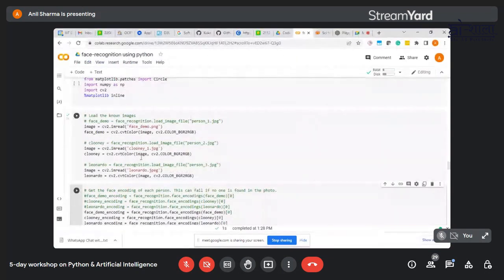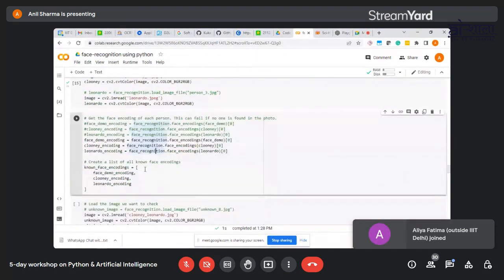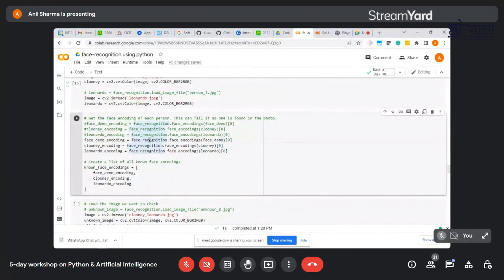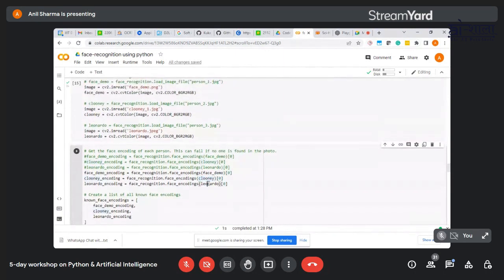Okay, I have read these images, converted them from BGR to RGB, and what I will do is first compute the face encodings. These face encodings I have computed using face_recognition.face_encodings. This is a function, and the image whose encoding we want to compute, we are giving as the input, and then why I'm putting 0 here,